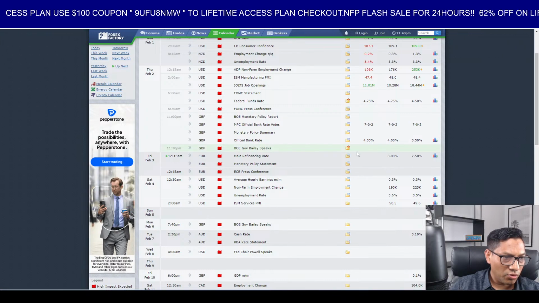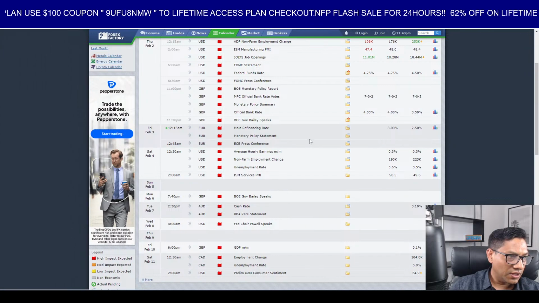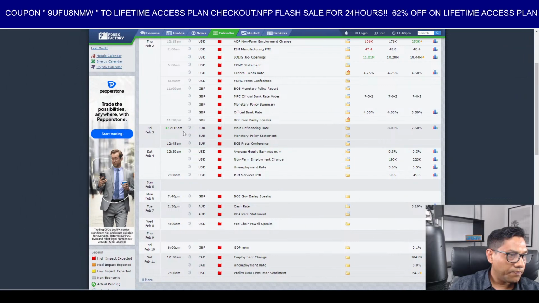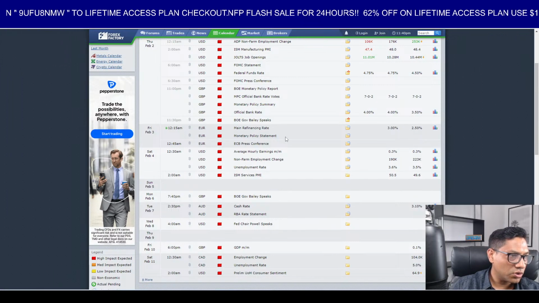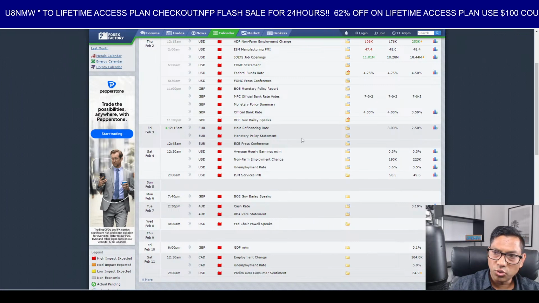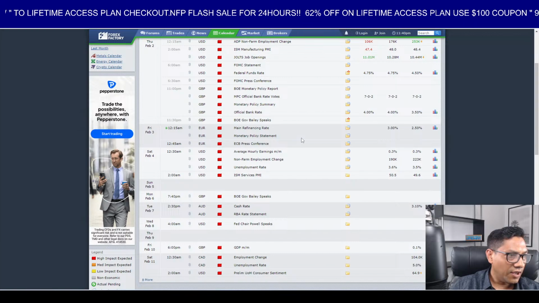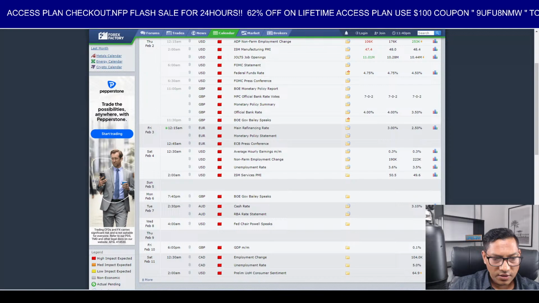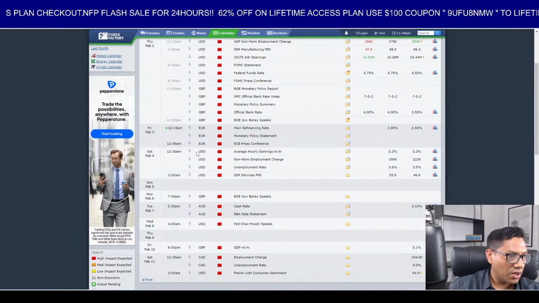Bailey speaks, so it's also tentative. There's nothing you can predict on this one. So there is another important news coming on euro, which is at 12:15 a.m., which is around 35 minutes away from here. Also another important news is coming up, and